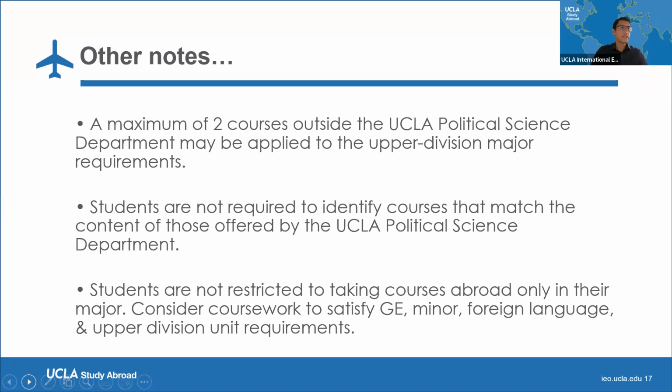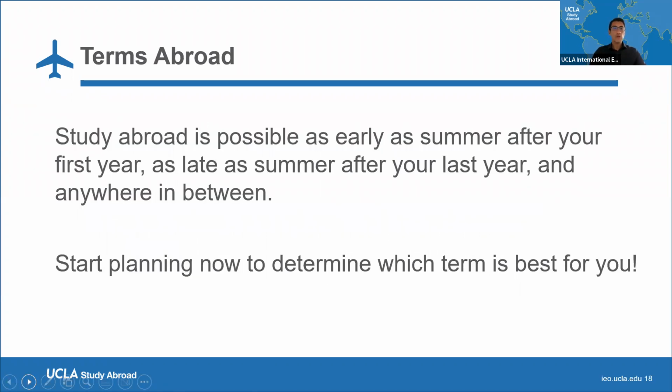Okay, great. Let me go to the next slide. So basically, you can go abroad any quarter: summer, fall semester, spring semester, winter quarter. It really varies quite a bit on the classes that you're interested in taking. So it's pretty open. Most students, as you may already know, do choose summer because it is the quick and easy option. It doesn't really interfere with the beginning dates of a program. But anyway, you can go abroad any term, basically.